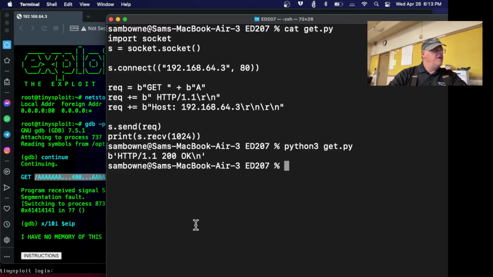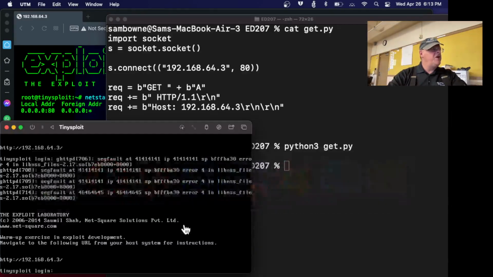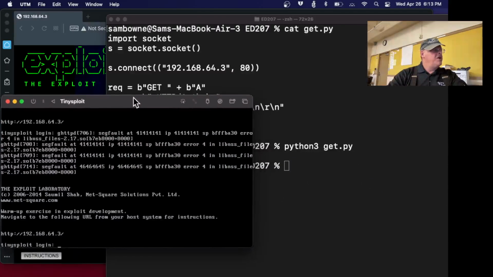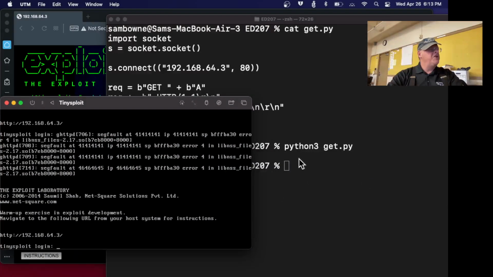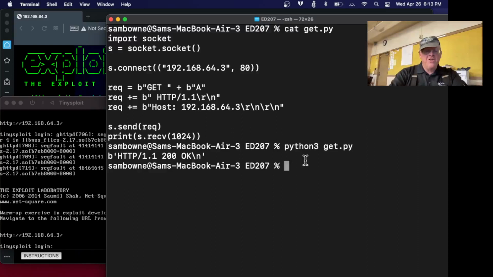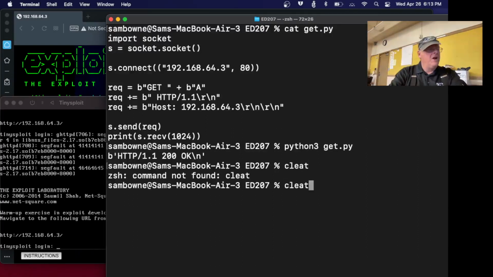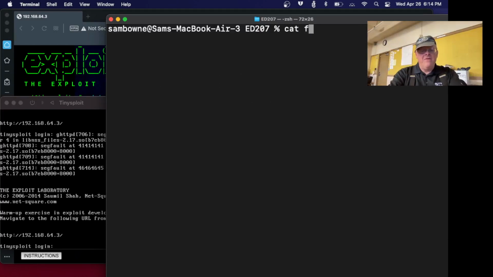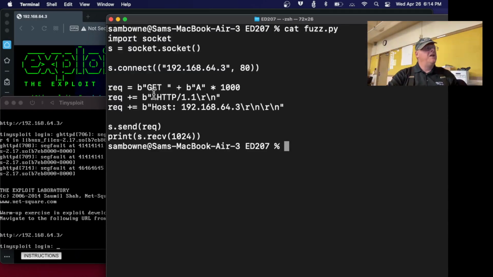All right, and let me put the virtual machine here on the left so we can see the effect. We'll see some things go by there when we make it crash. So now, let's try fuzzing it. Clear. All right, so if I cat fuzz. All right, so this one is exactly the same program. I just put a times 1,000 here, so it's going to send 1,000 A's and then complete the request. And so if you run that one,